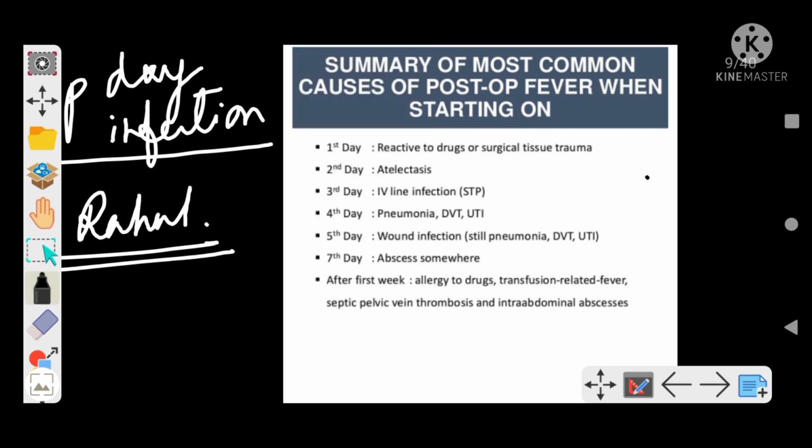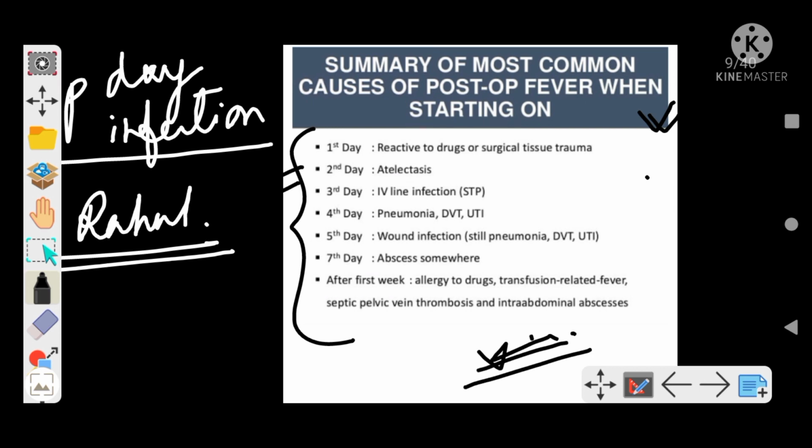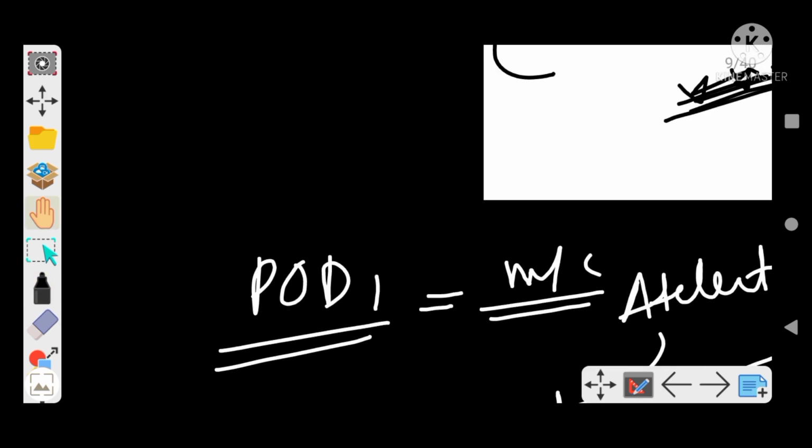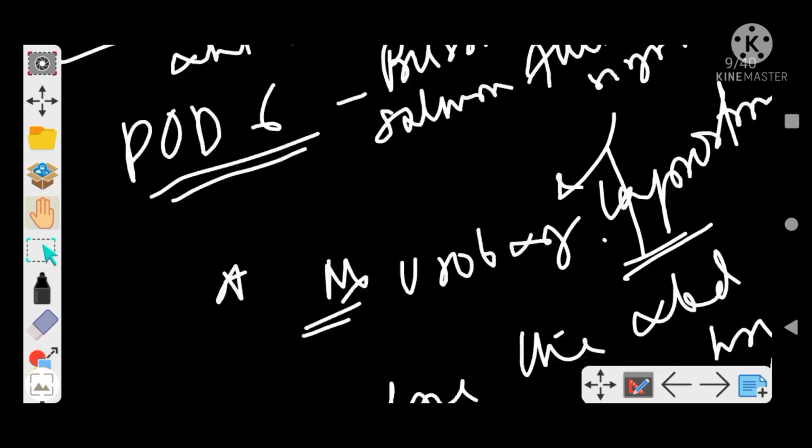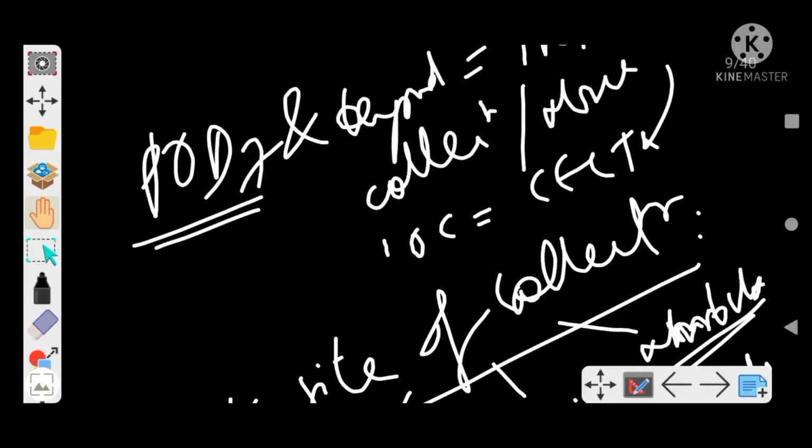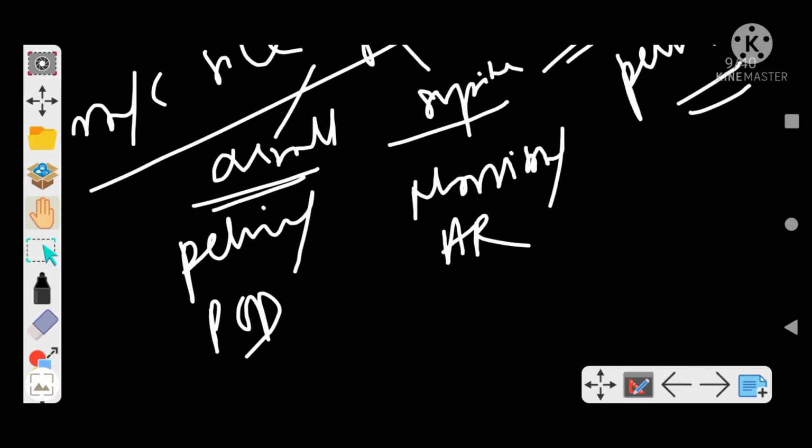As you can see, there are a few modifications because this is an international slide. So just follow what I have said. You may find a few similarities or dissimilarities in this slide, but remember this slide is not for exam purposes, you have to study for your exam. Whatever I have discussed, pay attention to that, because questions have been asked on the site of collection and the POD complications on a day-to-day basis and their management. Images have also been asked. I will show you images in a different section.